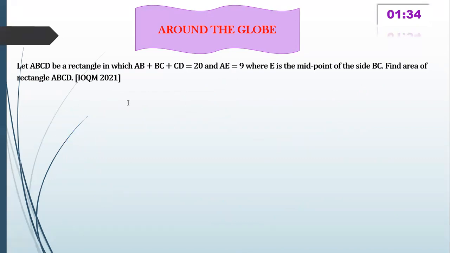So see, 2x plus y equal to 20 is given. This means x plus y by 2 equal to 10. You will get to know very soon why I did y by 2. What is the purpose of doing y by 2? So squaring both sides, x plus y by 2 whole square, you will get x square plus y square by 4, x square plus y square by 4 is equal to 100.